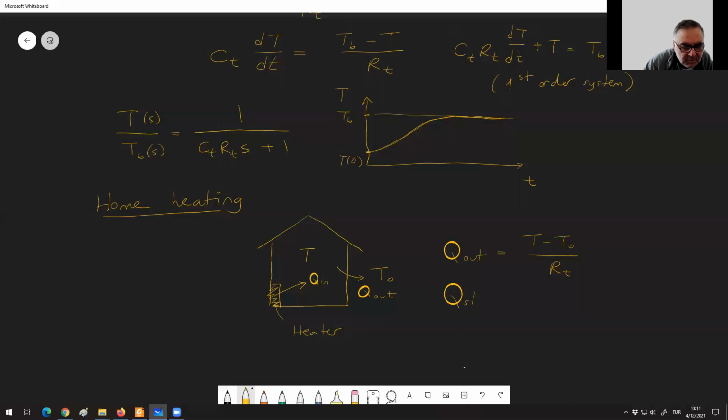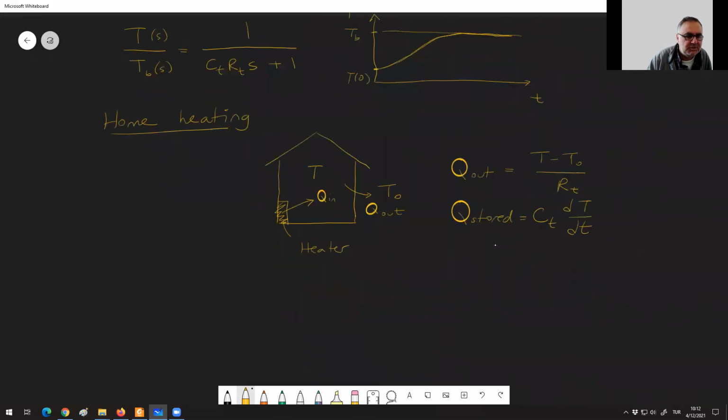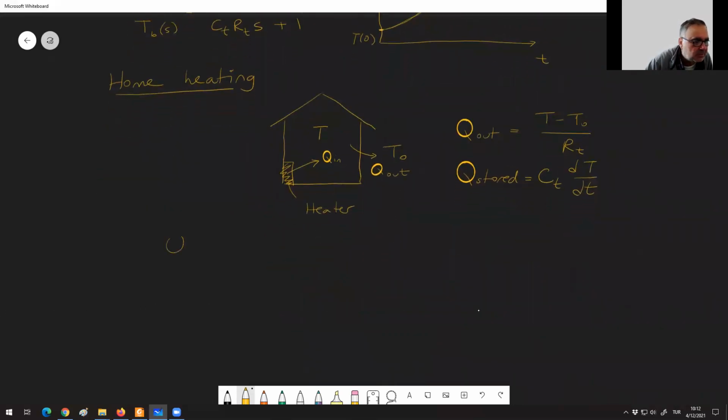The stored heat is actually related to the thermal capacity of the house. House has a certain thermal capacity, it has a mass, it has a specific heat, and so on. And there is the Q in. We know that our main equation is, what was it? The conservation of energy, Q in minus Q out is equal to Q stored. So Q in is Q in, we don't know. That is the heat supplied by the heater. Minus Q out is this T minus T naught over RT is equal to CT